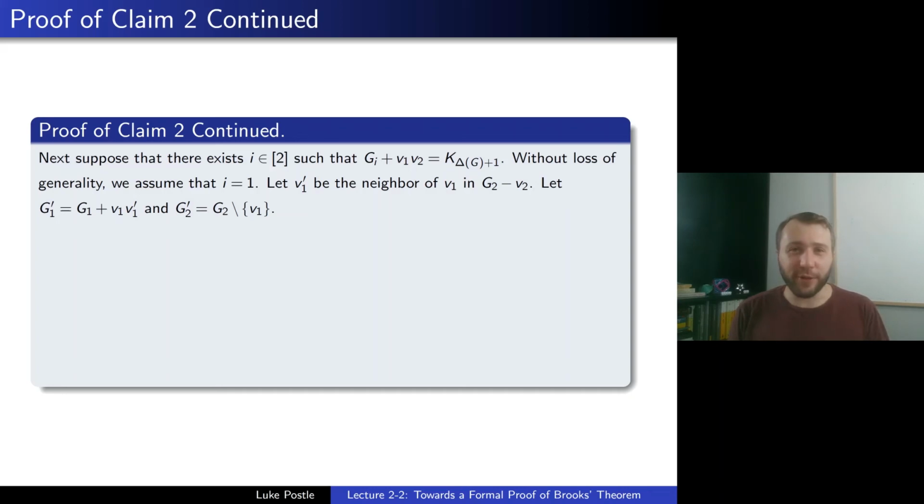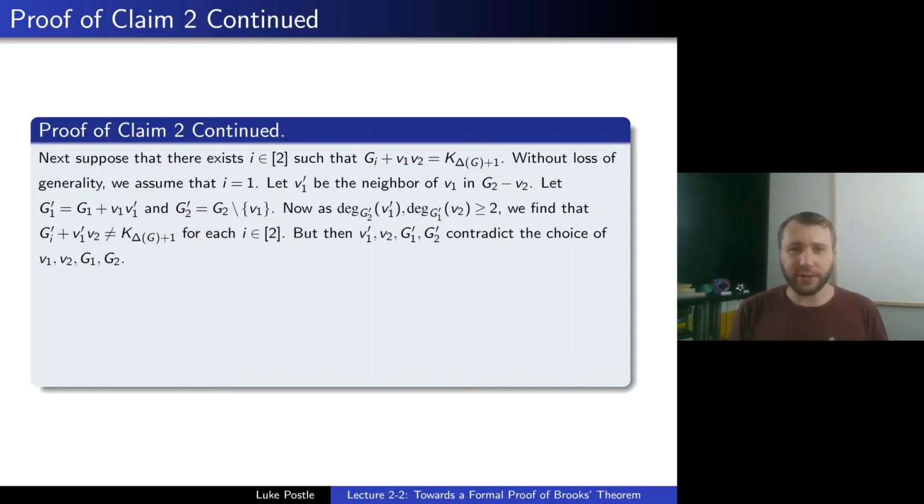So then what do we do? Well, we found a new vertex v1 prime. We let g1 prime be g1 plus the edge v1, v1 prime, and g2 prime be g2 minus v1. So we shift the 2-cut from being on v1, v2 to being on v1 prime, v2. And now you can just argue that that is a better cut, that it has neither side being exceptional,